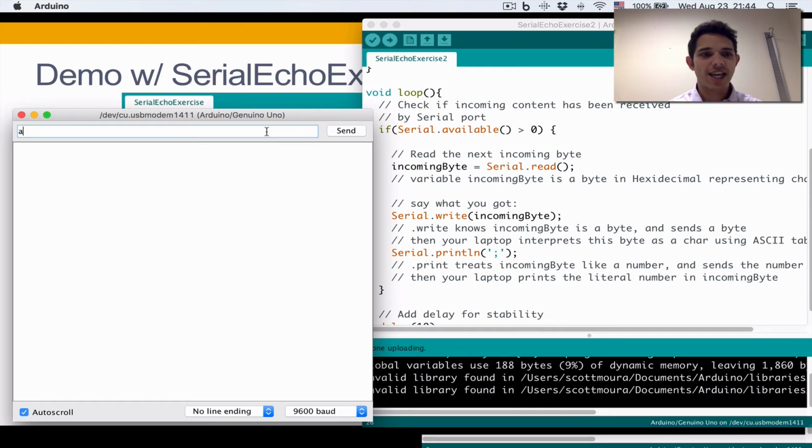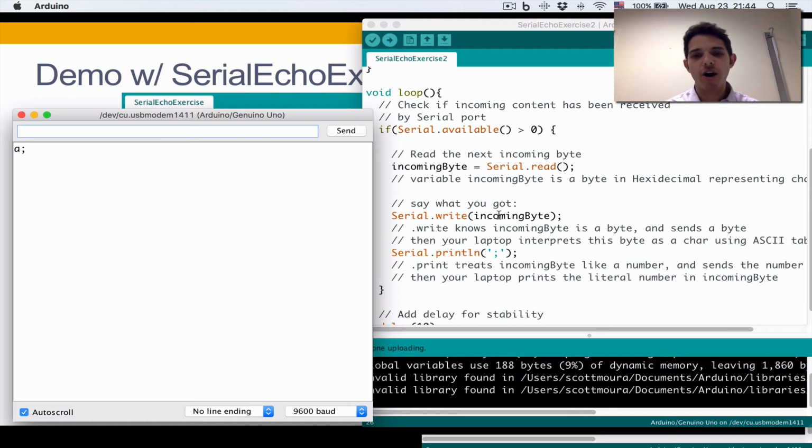So suppose I send the character A. What happened here is the Arduino noticed that there was data inside the serial communication channel, did a serial.read, and it saved a byte, which is literally the hexadecimal number corresponding to the character A. So that is now stored in the Arduino as incoming byte, and then it ran serial.write